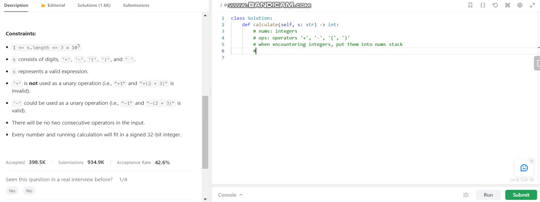But one of the important things is that when we initialize nums, I would like to put 0 into nums first,